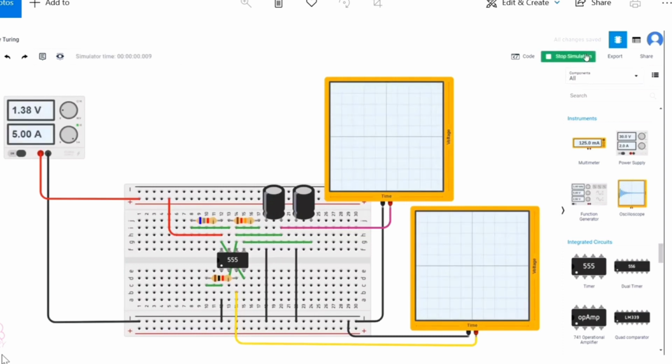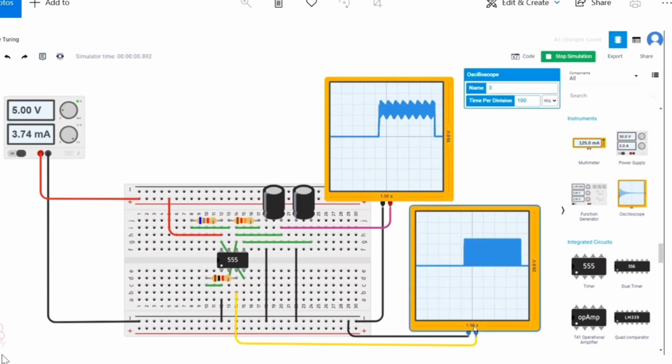Now simulate the things. While making a simulation, see here in a source, it gives 5 volt. We already chose a 5 volt. So output is produced because of the simulation. Now we need to clearly fine tune the outputs. Take oscilloscope 2. Here we need the output pulses. I am trying it with 1000 millisecond. Then I am choosing 1000 microsecond. I am just fine tuning to obtain an exact waveform. That's why I am doing the same thing, fine tuning.